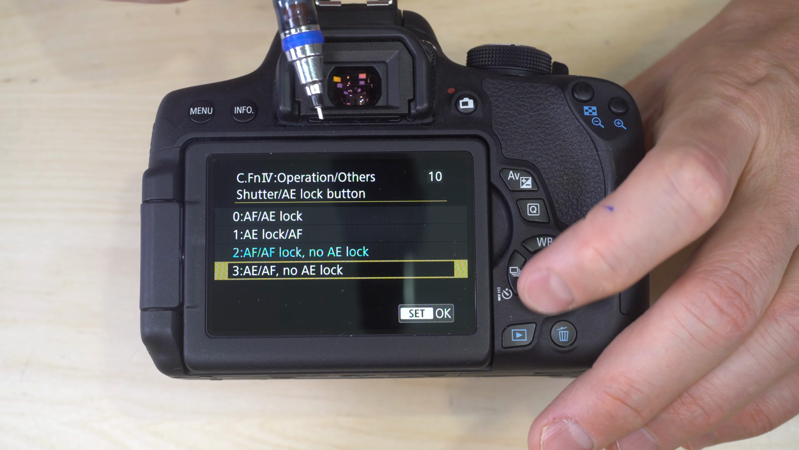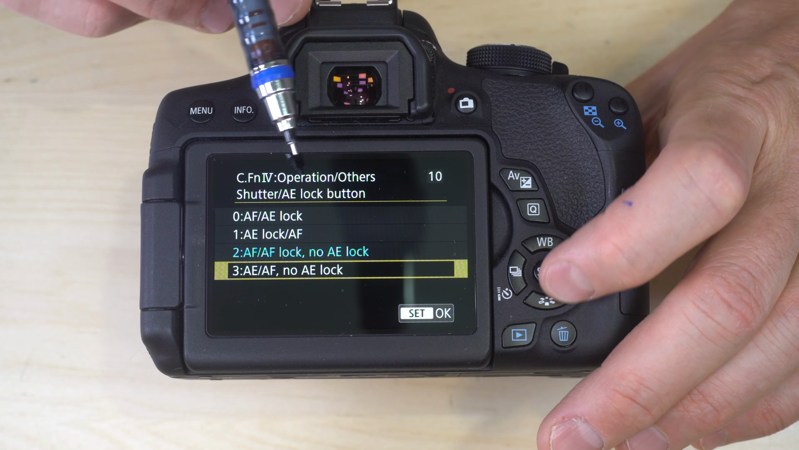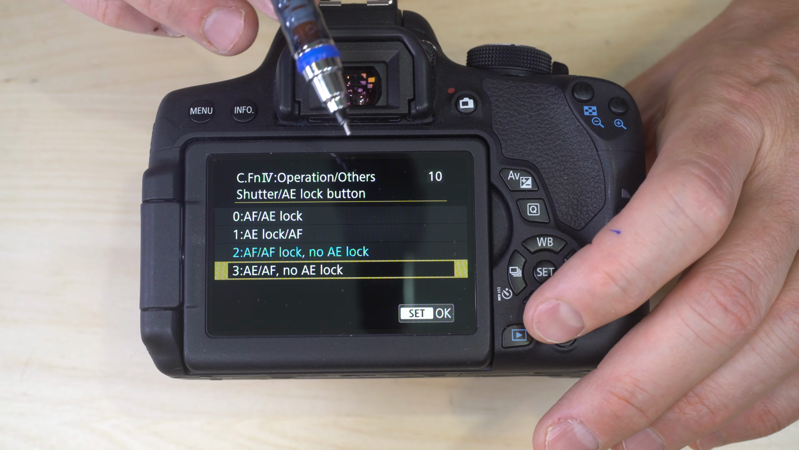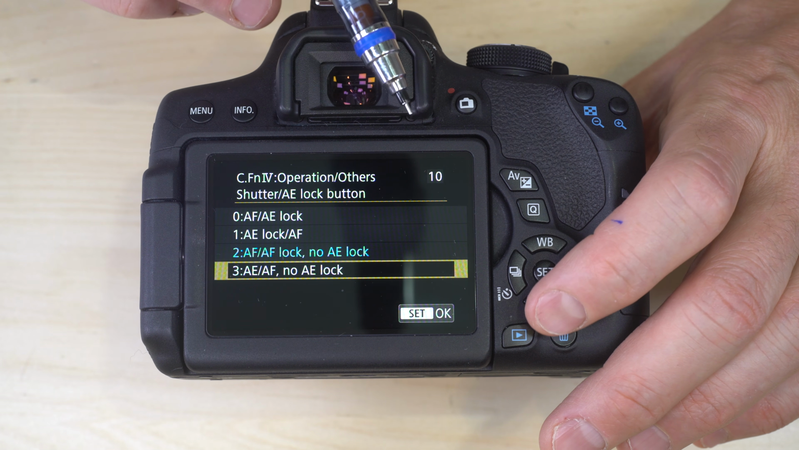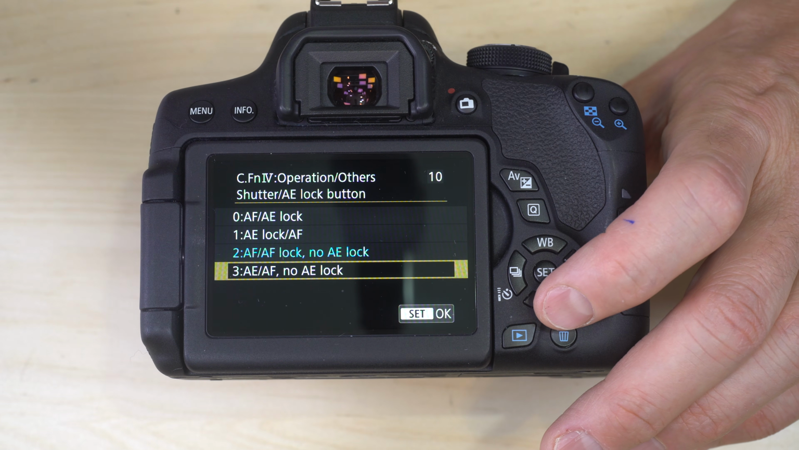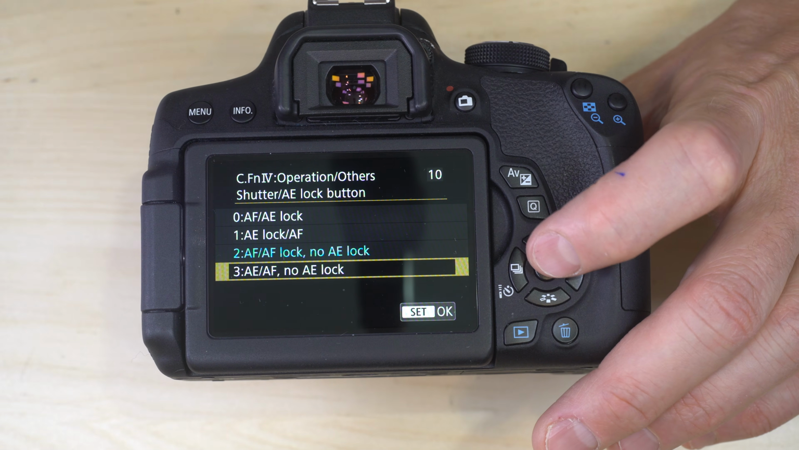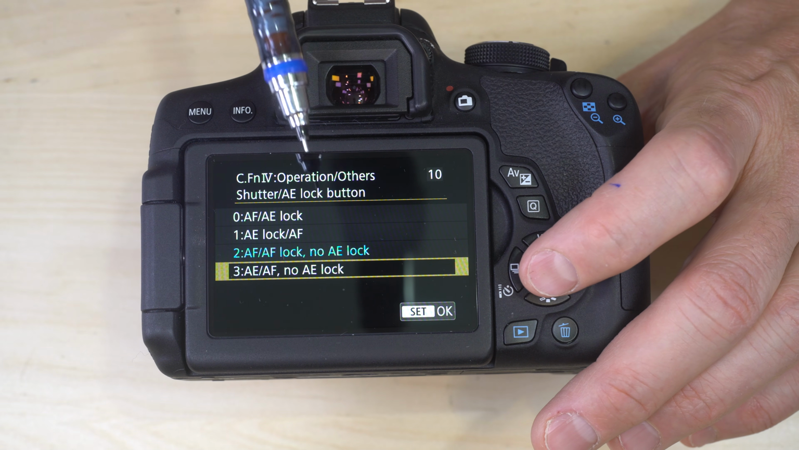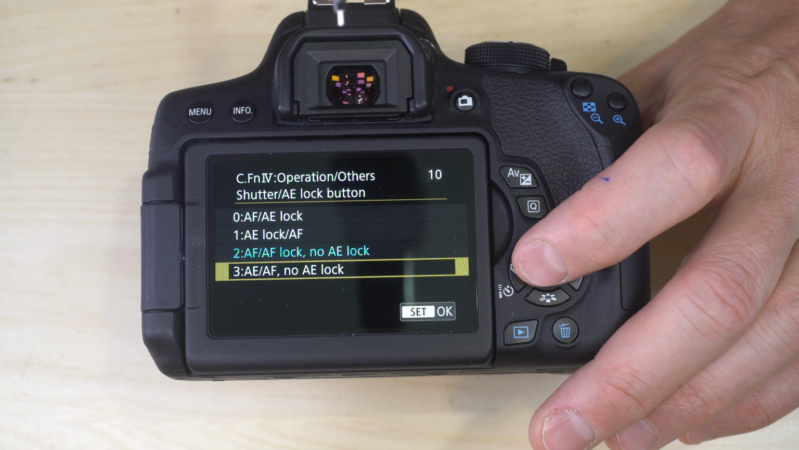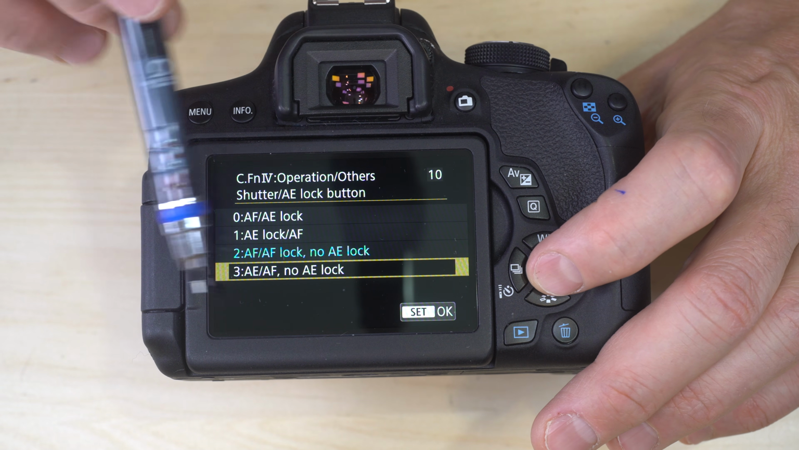And 3, auto exposure, autofocus. There is no auto exposure lock, and this is useful for subjects that keep moving and stopping repeatedly, especially in places where lighting is changing often, like at a park, for instance, and there's trees or playground equipment that's casting shadows. And this is good for that situation because it will lock focus, but exposure will not be locked until